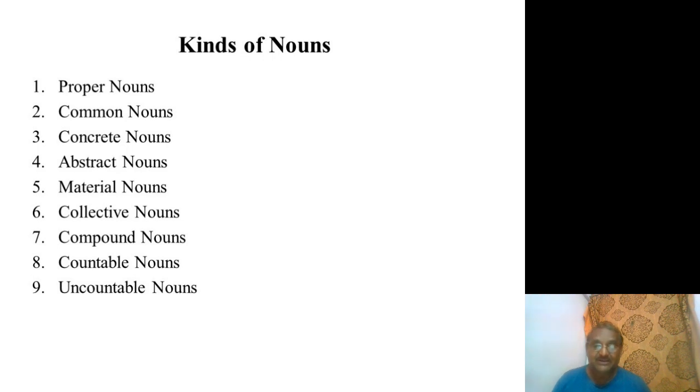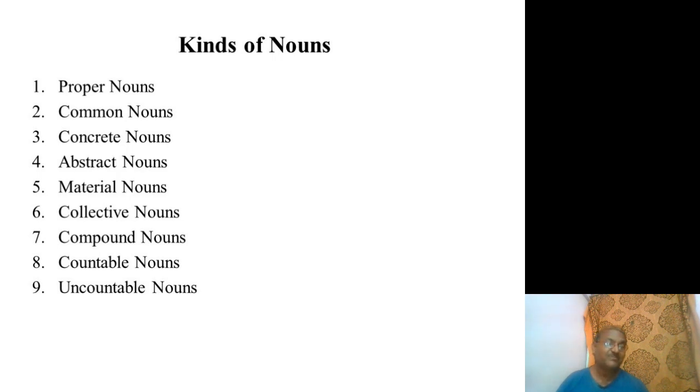Generally, people who attend grammar classes, people who take any grammar books, just go on in a very pedantic, old-fashioned way. They read and just learn certain items by heart. What is meant by proper noun? What is meant by common noun? What is meant by concrete noun? What is meant by compound? And so on and so forth. So people just memorize all those definitions, but they don't know the real mechanism of the nouns in